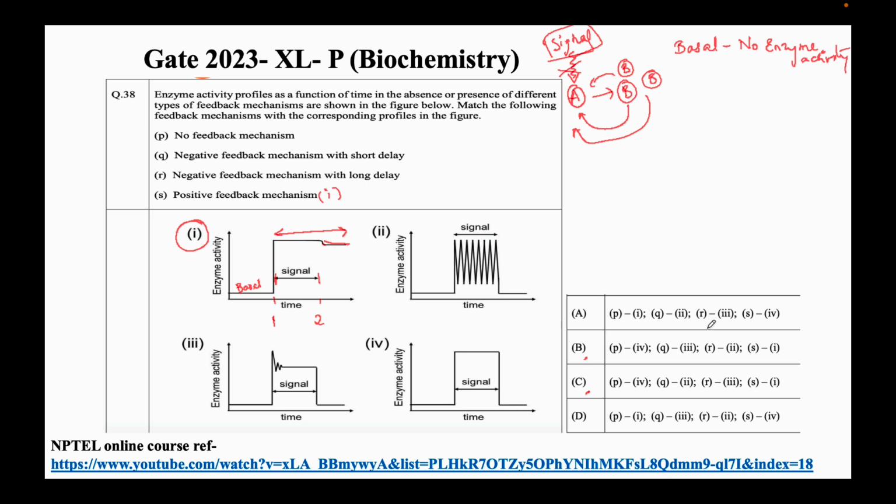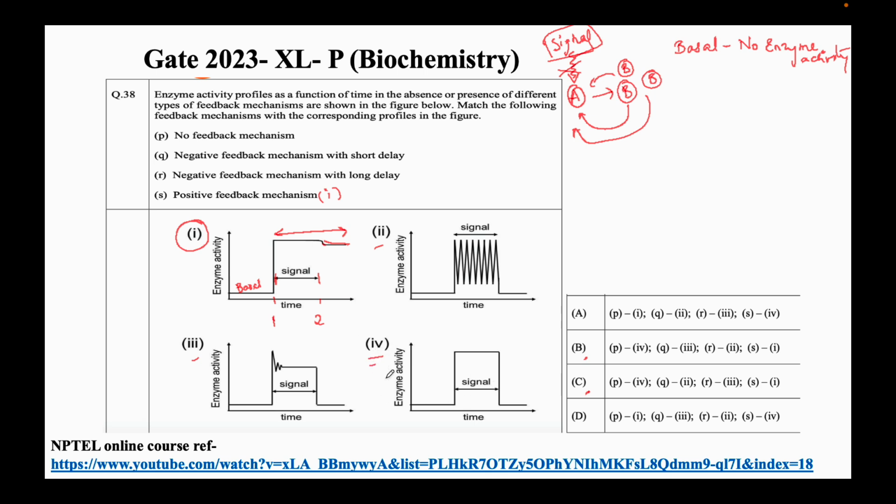You need not solve everything if you are confident enough. Next, the enzymatic profiles 3 and 2 are pretty complex, so we'll get back to them after some time. So let's look at